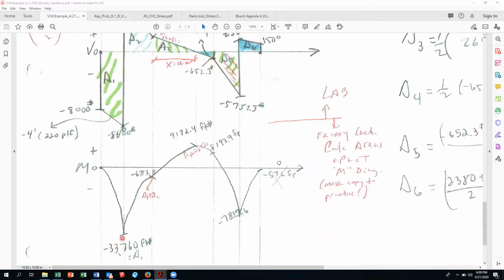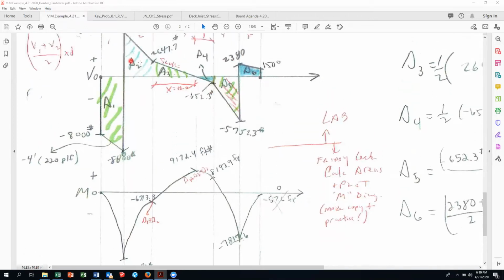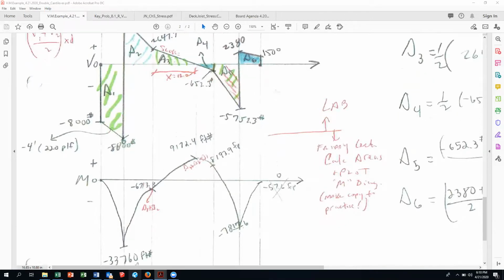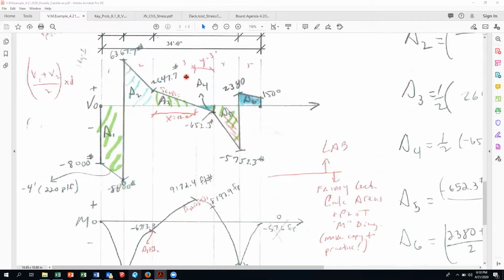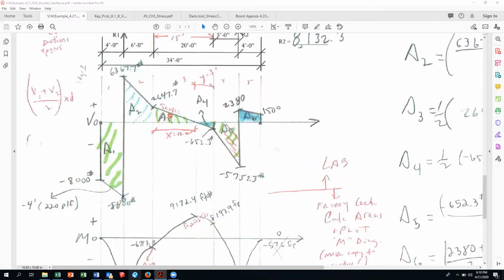Okay, so area 1 was negative 33,760 foot-pounds. Makes sense because area 1 is negative, but area 2 is positive. So whatever that value is of area 2, you're going to add it to the previous value of the moment curve. Now, one thing you will see, I'll tell you right now, it's going to be on the test, is